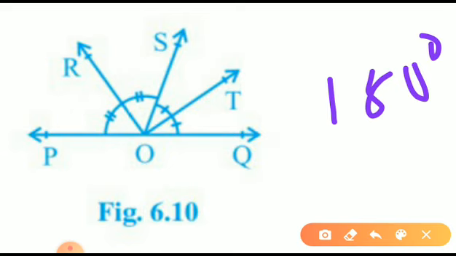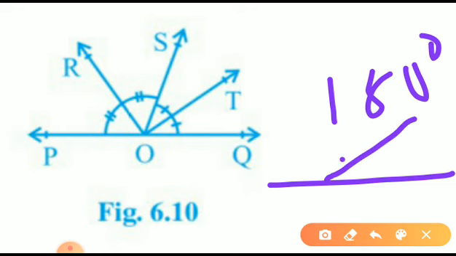Is that clear? The reason you should not call it a linear pair is that linear pair means I should have only two adjacent angles. In this case, your A and B angles are a linear pair because I have only two angles and they form a straight line. Hope this is clear to you.